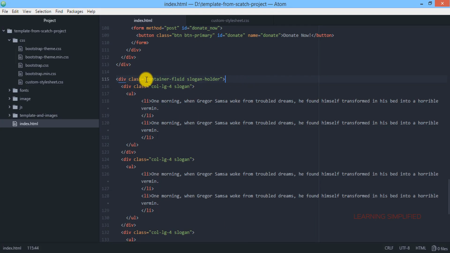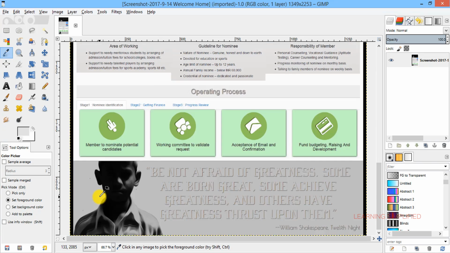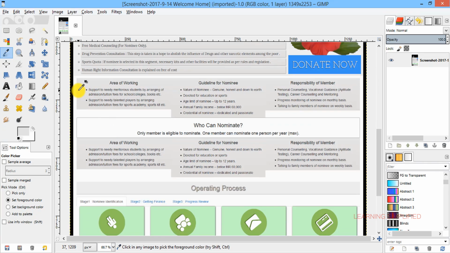That means the container fluid will be playing along, and the slogan holder will be coming along. And what is the exact advantage of it? If we use them alone, then it will create the desired effect that we can see over here. We need to create a padding here, but instead of a padding being created, there's been a continuous alignment of this div element. So this is what we need to rectify first.